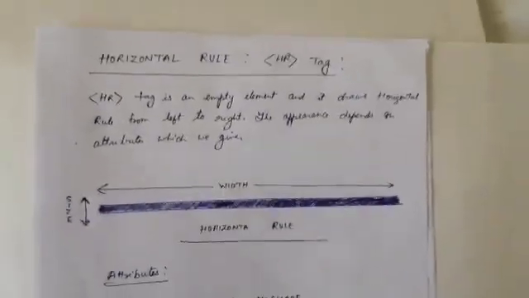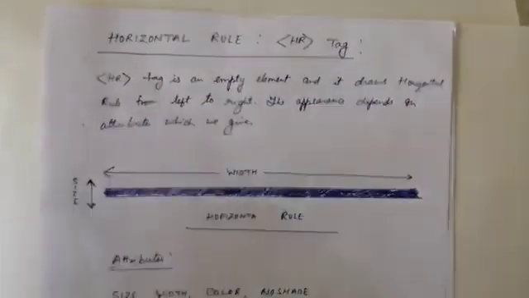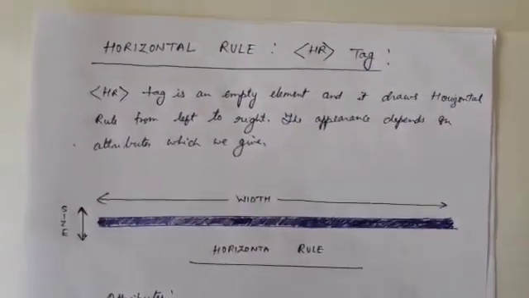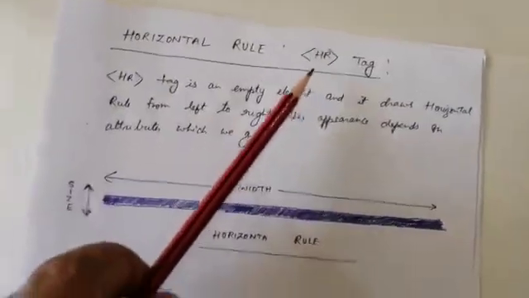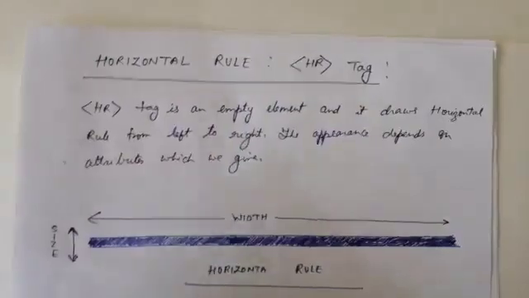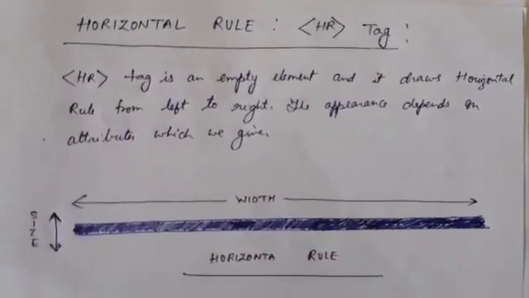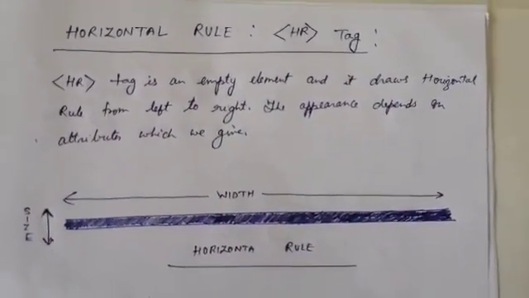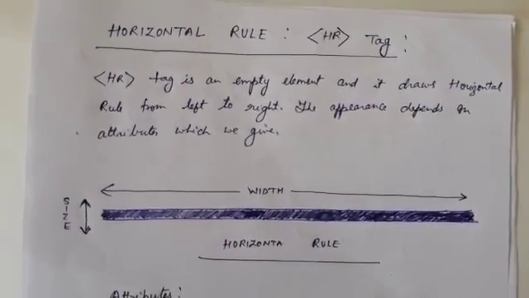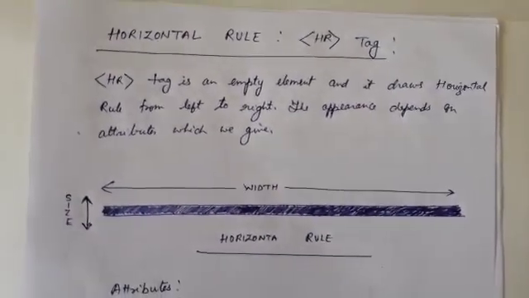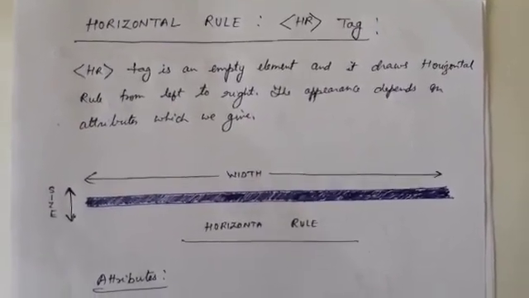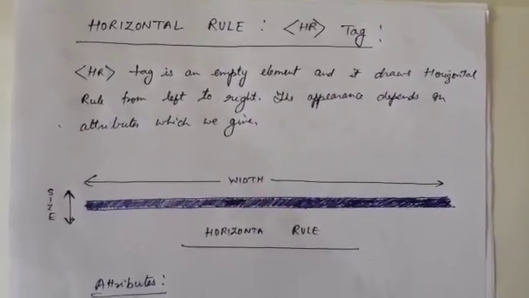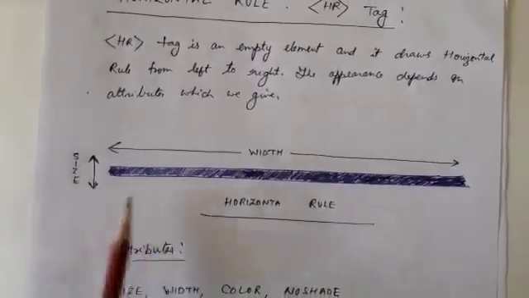Now the next is the horizontal rule tag, the HR tag, that is the horizontal rule tag. Now HR is an empty element, just like BR. HR is also an empty element which contains nothing, but still it gives us output. It draws one horizontal line from left to right,